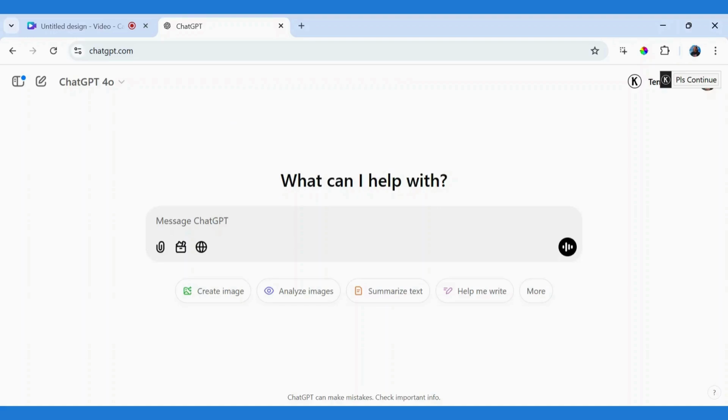Hi, in this tutorial, we'll be exploring the exciting world of custom GPTs and how to create them using ChatGPT. Custom GPTs are tailored AI assistants designed to perform specific tasks or answer questions within a particular domain. By leveraging ChatGPT's powerful language capabilities, you can create your own personalized AI assistant. Whether you want to learn a new skill or acquire knowledge, you can use the custom GPT